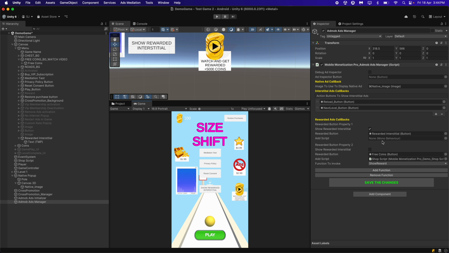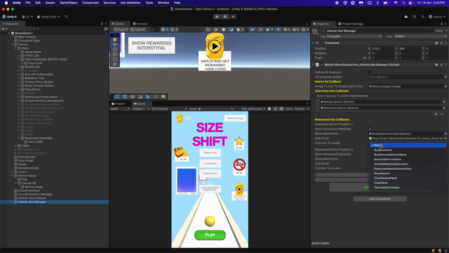Here you can use the same function for the rewarded interstitial ad if you want to. Let's just drag and drop this shop script over here. And this time, let's choose the same function, show reward, as well here, and make sure to click on save the changes. Now here you can add more functions, drag and drop any other mono behavior script and choose the function you want. But I will leave the setup something like this. And after this setup is done